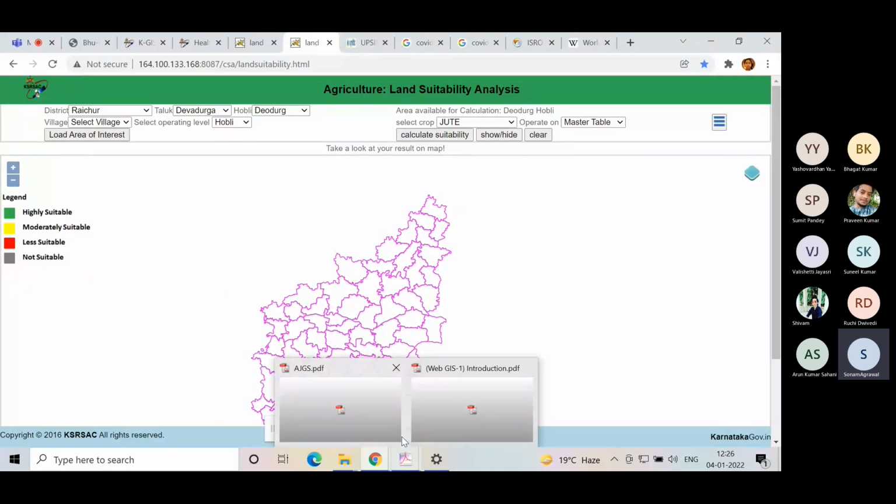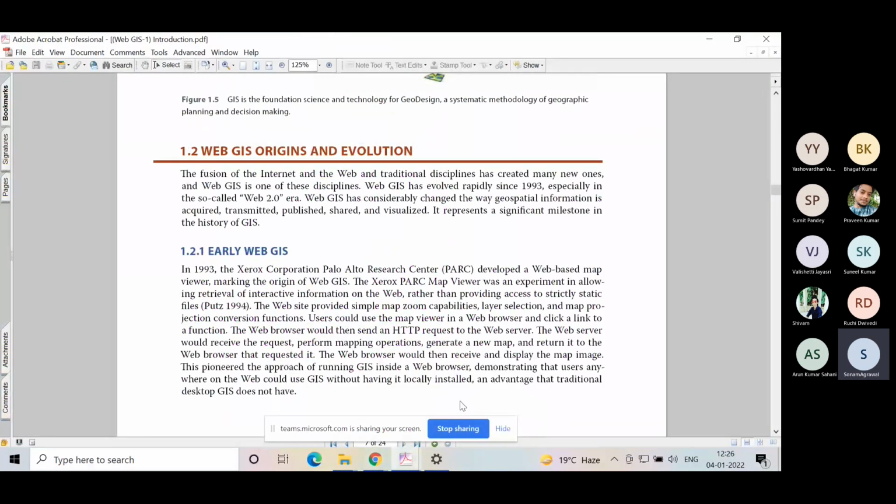The very first application of the web on GIS, the first application of WebGIS, is considered to be the web mapping application. Where was it developed? It was developed at Xerox PARC. Write down this name in your copy. Xerox PARC is the name of a research institute in the US. So at Xerox PARC,